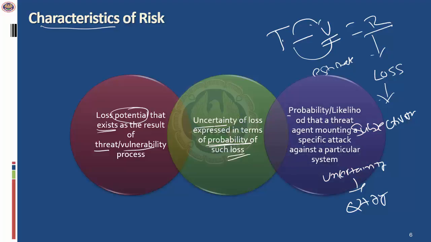So there is a probability or the likelihood that the threat agent will have an impact on the system or the organization's information systems through specific attacks. For example, there's a possibility a hacker can attack the information system of an enterprise. Now, what is the probability that the hacker will attack? So there is an estimate. And if there is an attack, what is the impact? What is the loss to the organization? These are aspects we do consider when you're doing risk management.